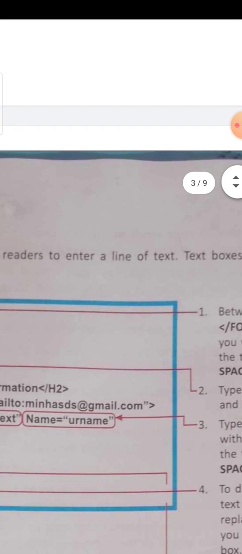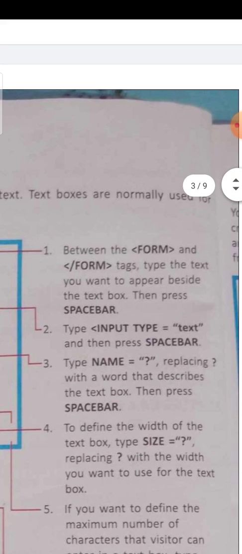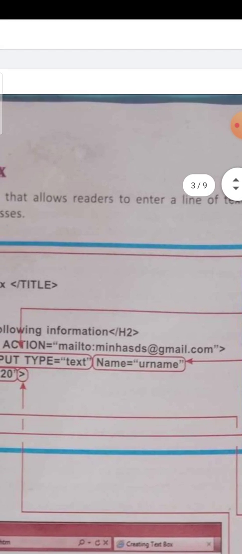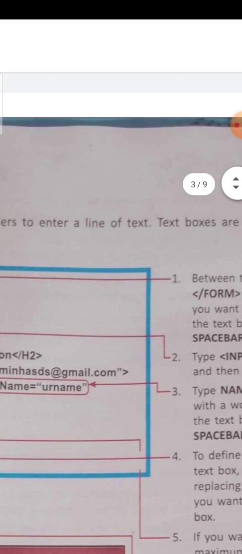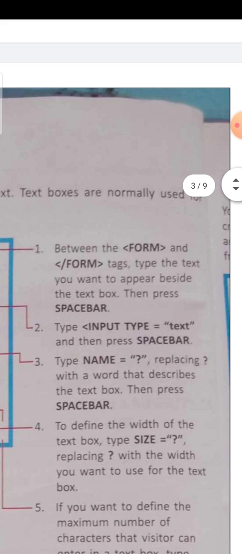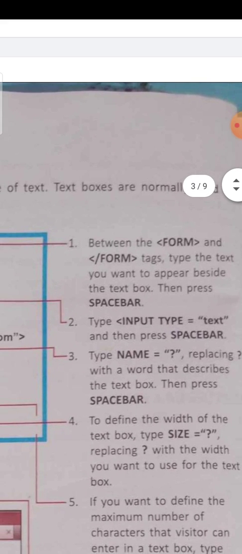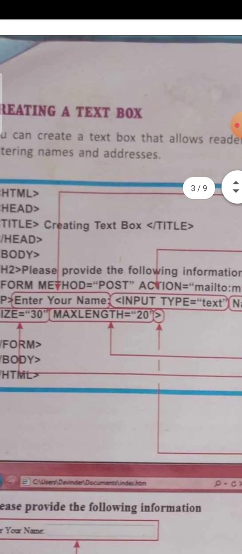Next, point number 3: type name and replace the question mark with a word that describes the text box, then press spacebar. So name is equal to username, a name that describes the text box. After that, press spacebar.